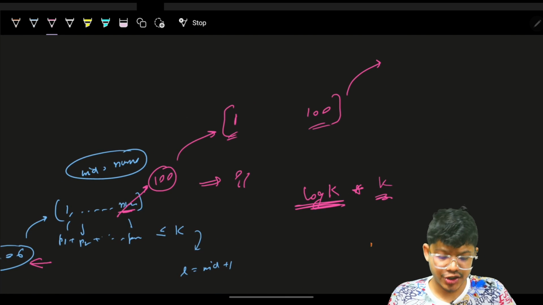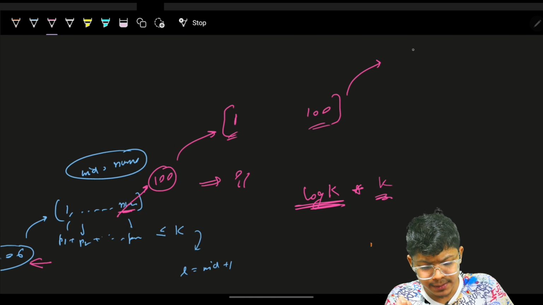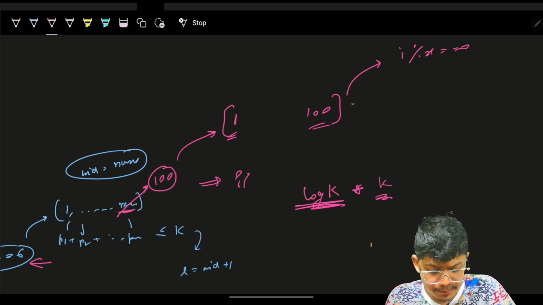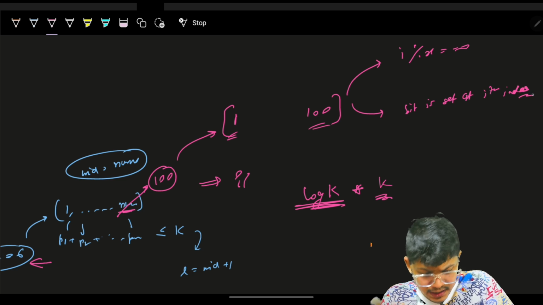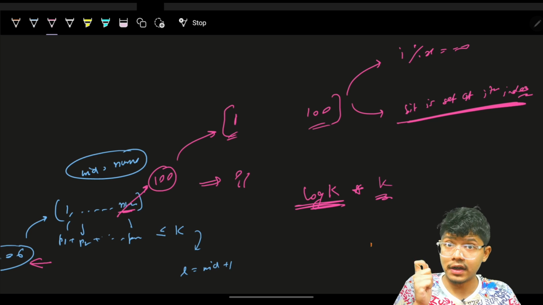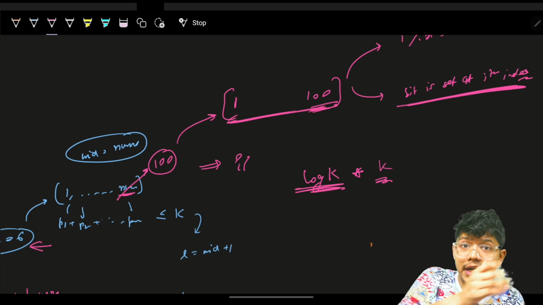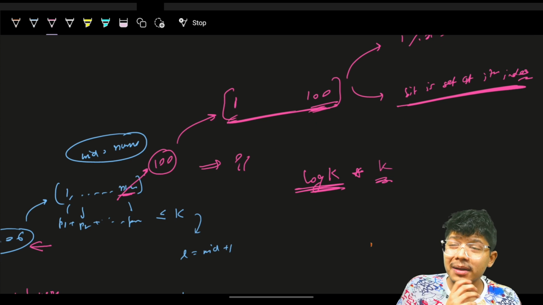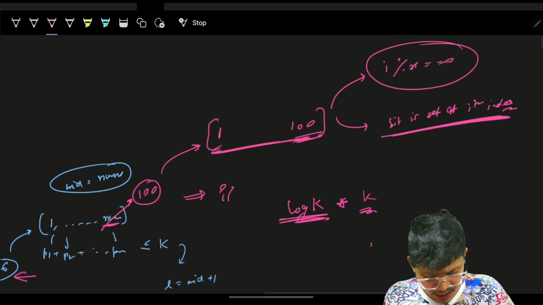Now, the condition on set bits was that i mod x should be equal to 0, and the bit should be set, let's say the bit is set at the ith index. This condition I will first try to satisfy, which means I will try to bring out the number of set bits in this range. From 1 to 100, how many set bits are there? But how will you use this condition? So what I'll do is, I know that from 1 to 100,